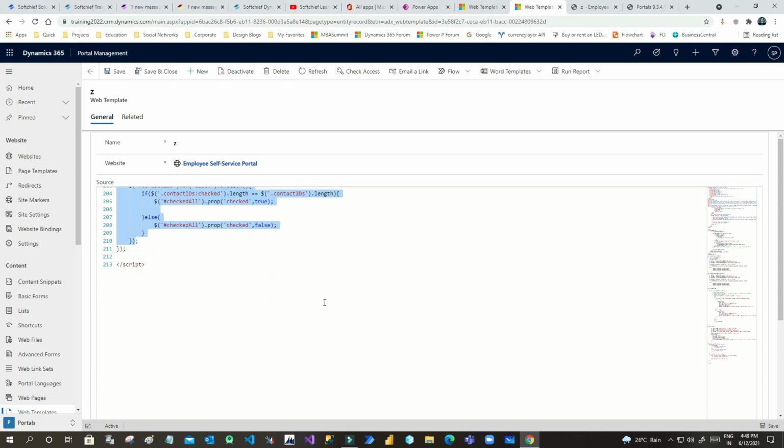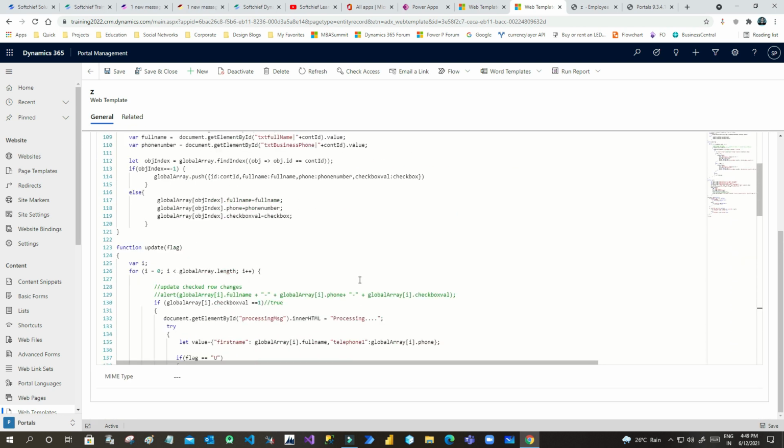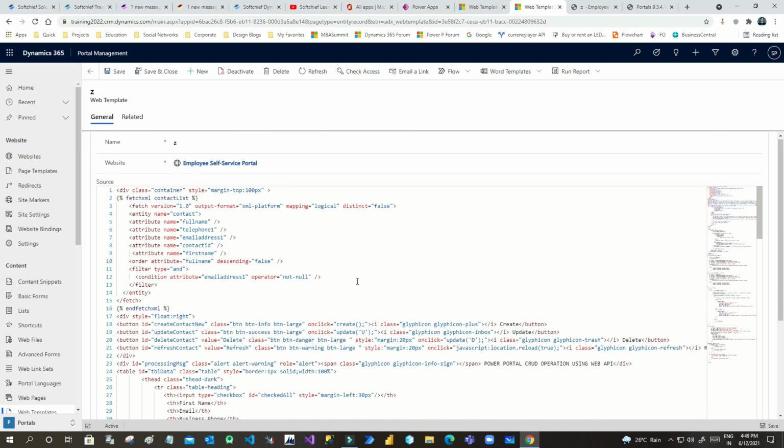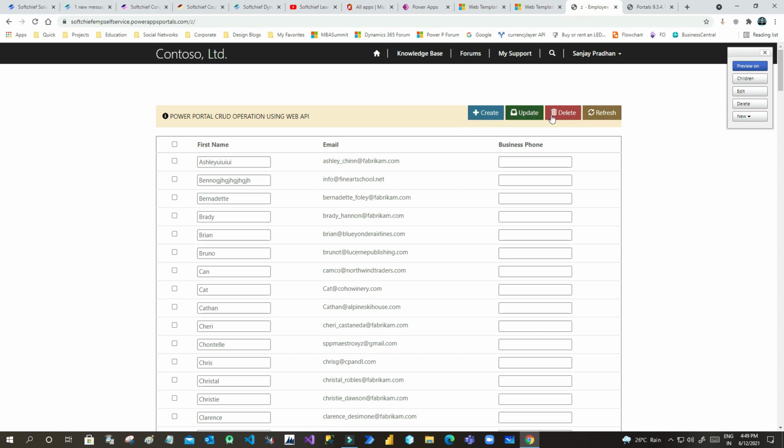So this is all about my code, and I will mention this code in my blog. You can copy it and test it on your machine. You can also do this functionality, and modify it for different columns. I have displayed three columns; you can display multiple columns and enhance this. Whenever you click this, if you want to change the color of the row, you can do that. You can also add a search box here to search using jQuery.